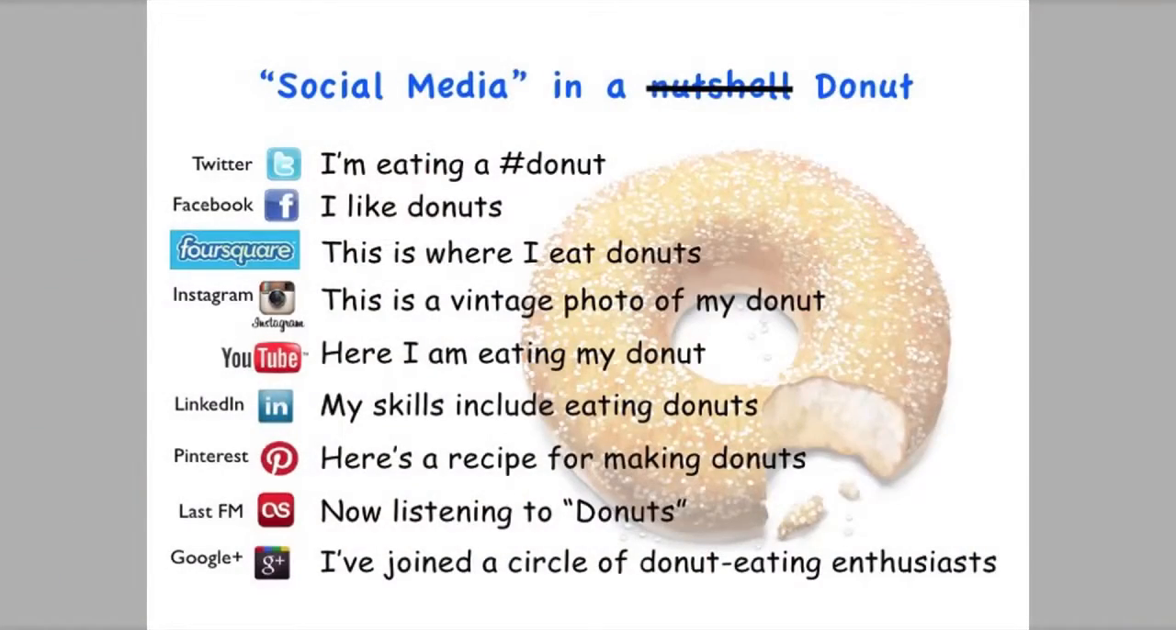So I'd like to talk about social media in a nutshell, or in a donut. There's various different platforms for social media, including Twitter, which is I am eating a hashtag donut. A hashtag is a way to take metadata and pull everybody together on one topic that people are talking about. So hashtag and then the topics area helps people to unite together, and you can see information on that particular